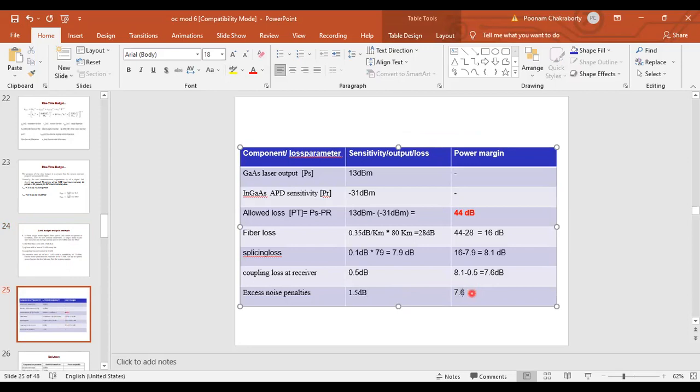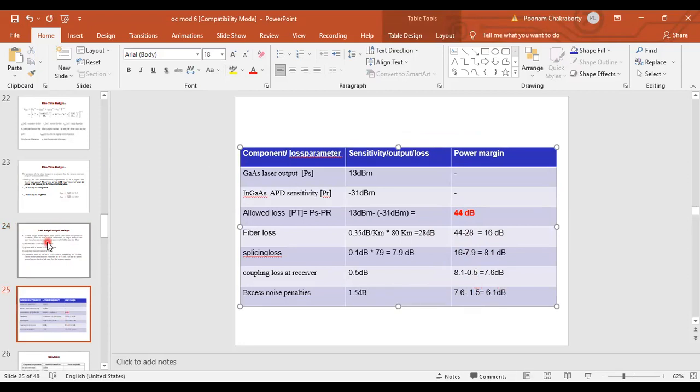See, in exam, no need for you to show this subtraction. This is just first problem for your understanding. So यहाँ पे 44 लिखो, यहाँ पे जो भी आया in this table, you just directly enter 16. If you want to do it, no problem. So that there is no chance of mistake. 7.6. But if you are blindly copying it from your friend's answer, then I cannot help. Okay, so again you subtract 7.6 minus 1.5. So that gives you 6.1 dB.